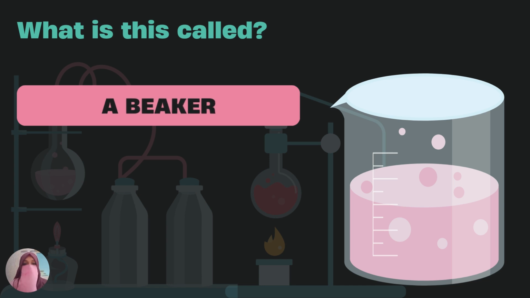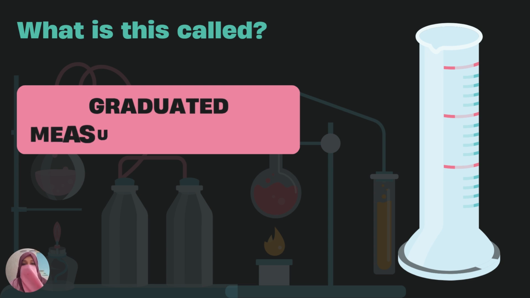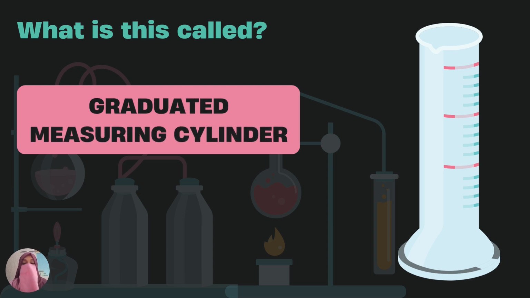What is this called? A beaker, to do chemical reactions. What is this called? It's called a graduated measuring cylinder. A measuring cylinder is used to measure the volume of a liquid, and to measure the volume of a gas, we use it inverted. We use the inverted measuring cylinder when we want to collect and measure the gas in the rate of reaction experiment. We take a water bath and then invert a measuring cylinder on it. From the delivery tube, the gas comes and collects in it.